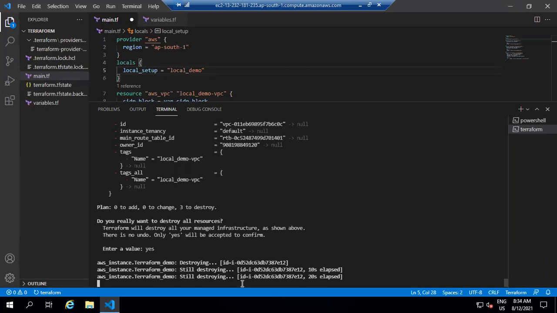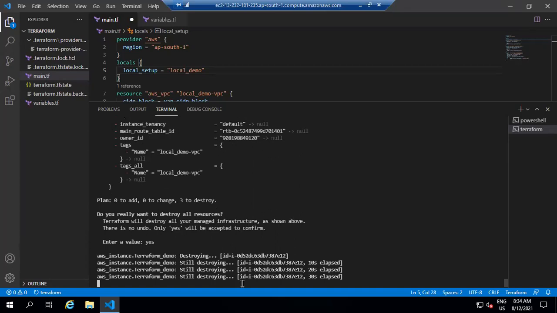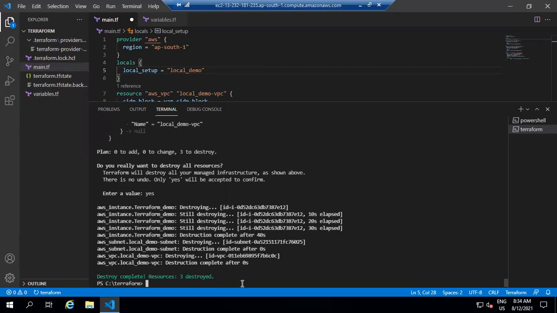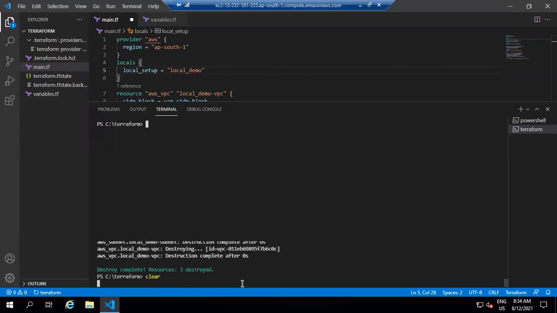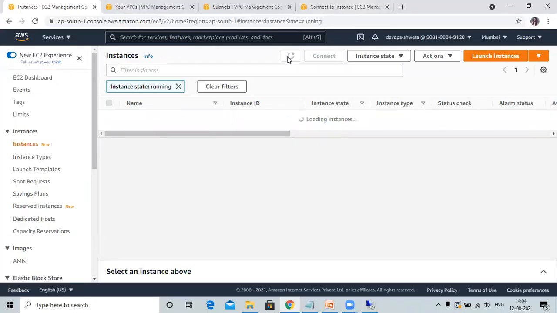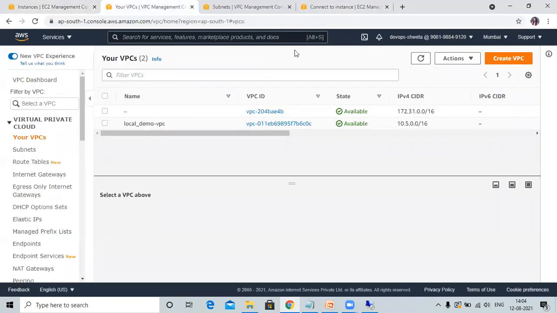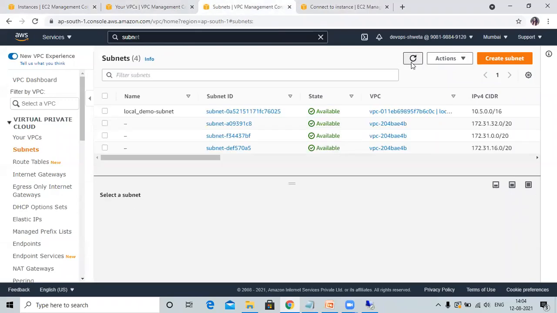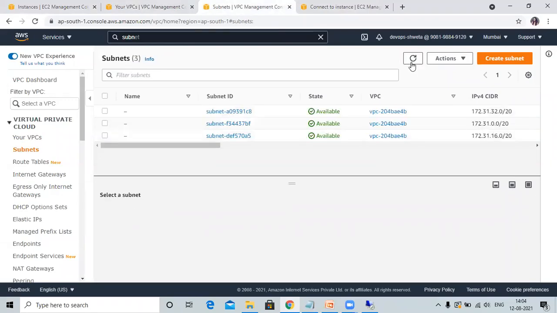That's why it takes some time. So it's destroyed completely. So clear the screen and let's check. Successfully destroyed for VPC, successfully destroyed, and here also.